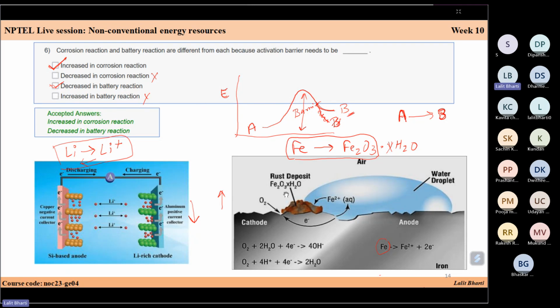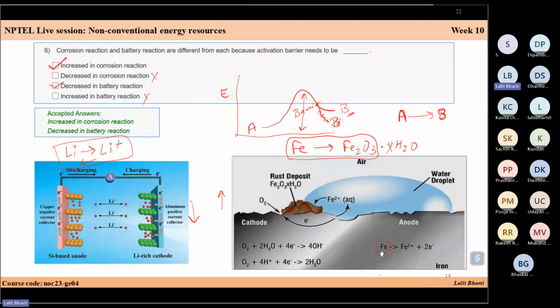So what is the corrosion reaction? Basically in corrosion, if you take iron, the chemical reactions are similar here. There is some charge change, the transfer of electrons. So let's say you have water. In presence of water, your iron will work as anode and your oxygen, this gas, will work as cathode. And in presence of H2O, their electrons will be transferred and in the product you will